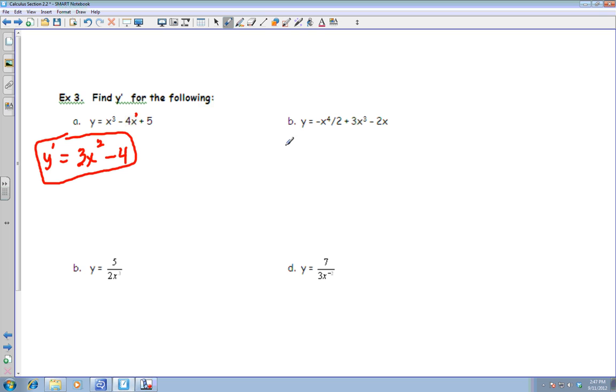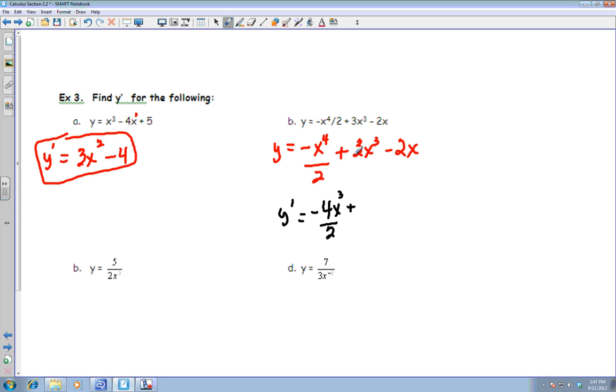Okay, let me rewrite this one so you can see it a little better. This is negative x to the 4th over 2 plus 3x cubed minus 2x. Okay, so on this one, same thing. I'm going to bring down my 4. Y prime equals negative 4x over 2. I have to subtract 1 from the exponent, so it's to the 3rd,